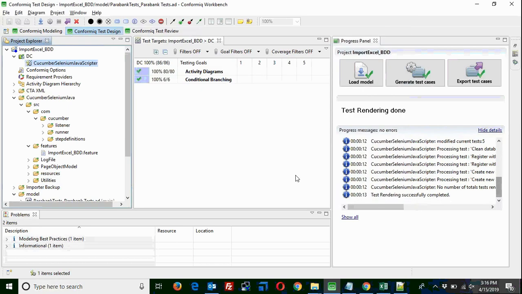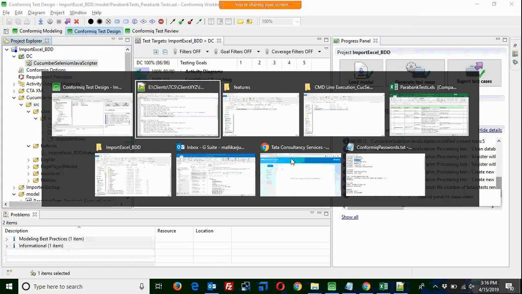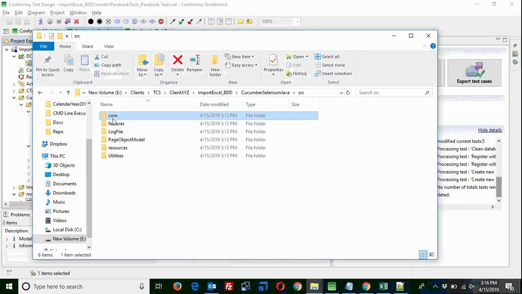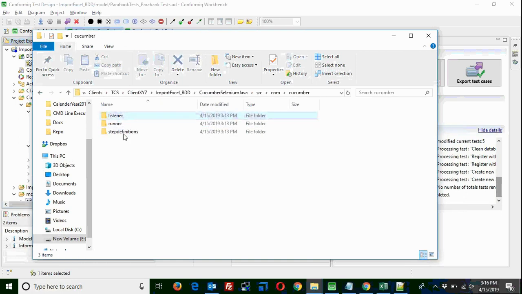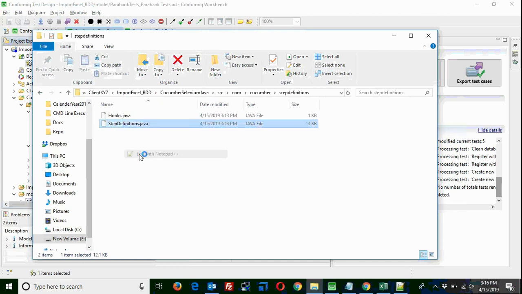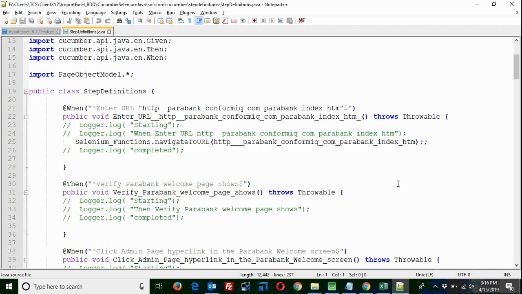Now, along with these feature files, there are a few more outputs published as part of the output. One is the step definitions. So this is how the step definitions look like. Okay.